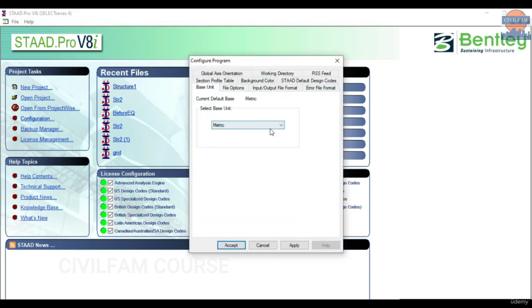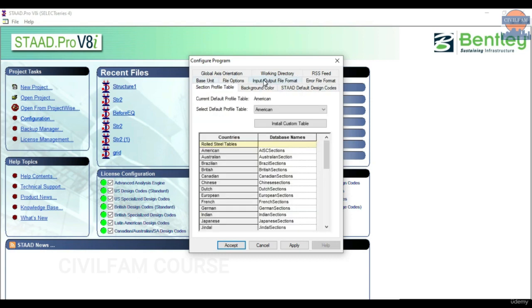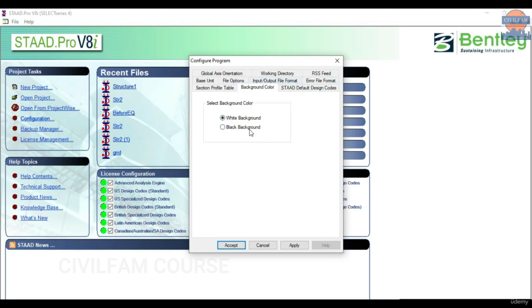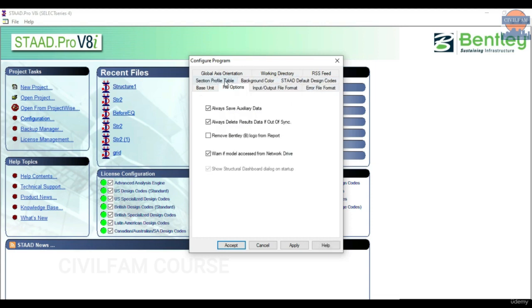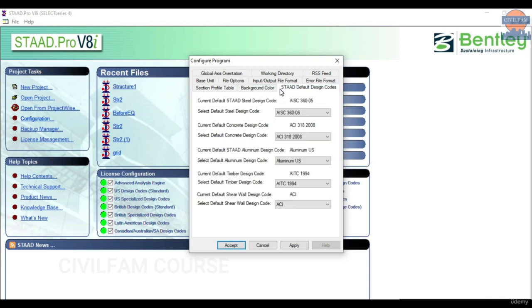In this, you can see the metric unit is there, the basic unit. You can adjust this unit. We go for metric. If you go for other options here, input output format, error format, all this information is available to you. If you want to change the background color to black, you can do that. It's completely your choice. And then you come to Staad Pro default design codes,